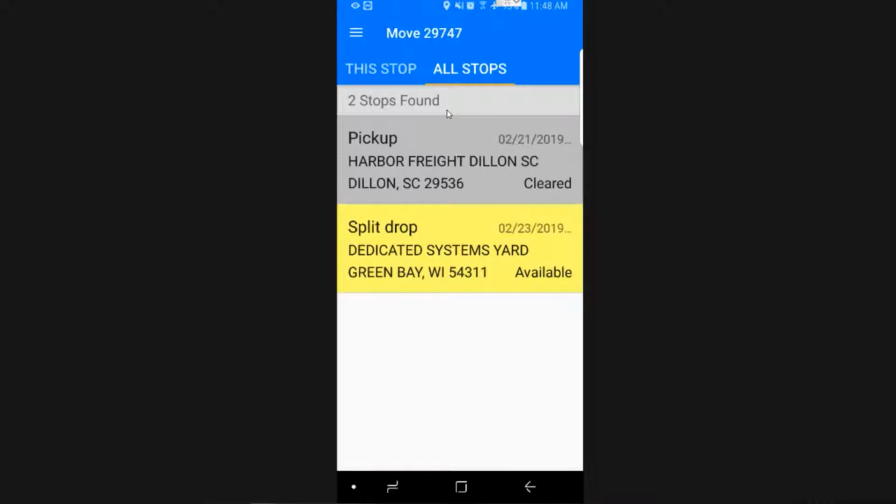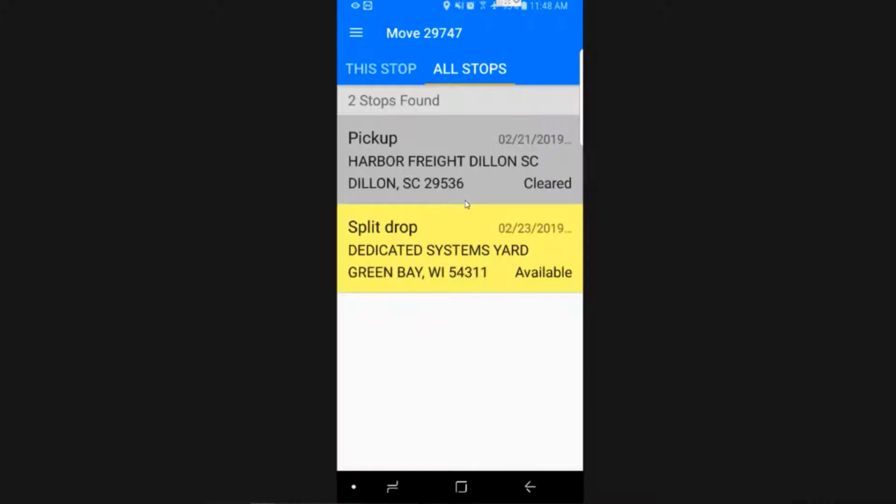Now, if dispatch is asking you to do something and it's not showing up on here, this is directly related to your pay. That means that, let's say dispatch had you go from Dillon to Florence to Green Bay, and Florence, South Carolina isn't in there. I would advise you to call them and make sure that they add that stop onto this area. If it's not on here, you're not going to get paid for it. So please help police us and make sure that what you're doing is reflective of what is on the screen